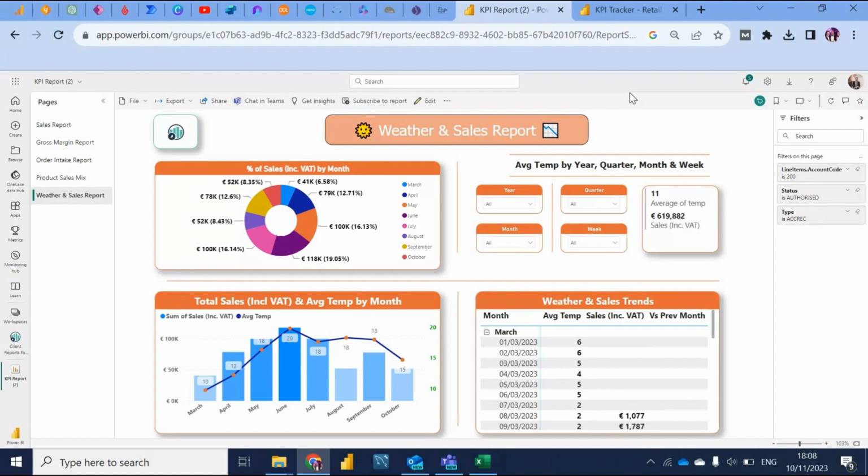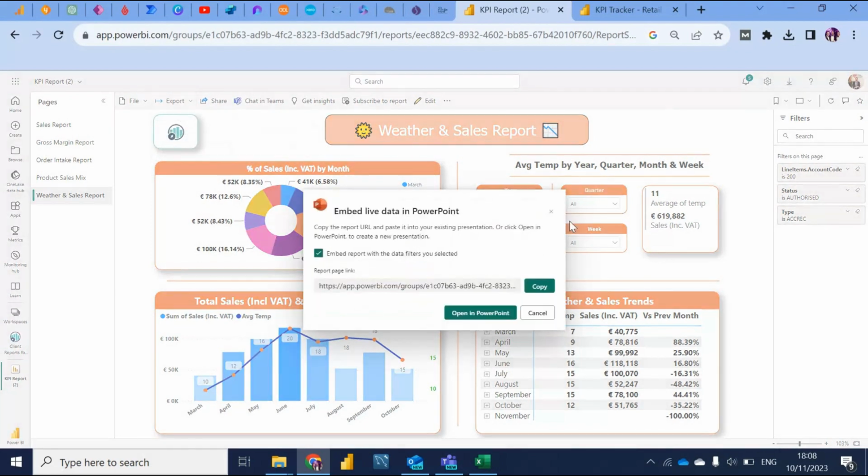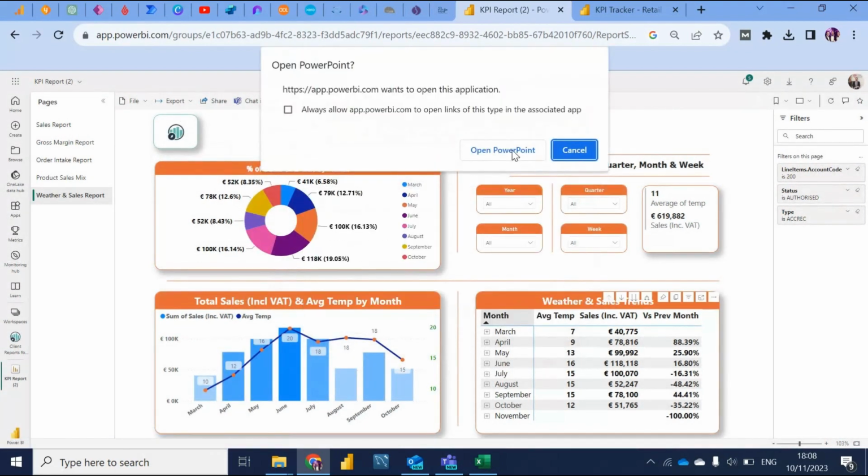The second thing, which I always harp on about, is the ability to simply export these into PowerPoint. So again, within Xero, there isn't really that nice feature of being able to present a financial report. But in Power BI, you have that option to export it into PowerPoint. So if I just export this, I might have to log in on PowerPoint. And it just keeps that